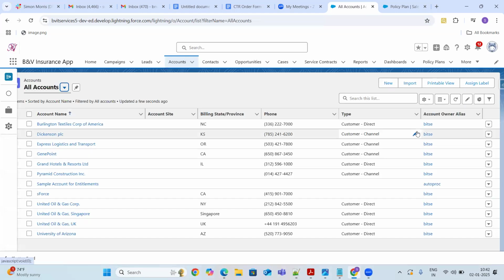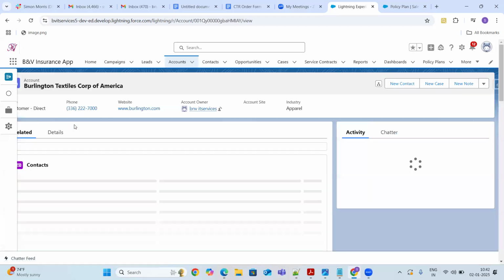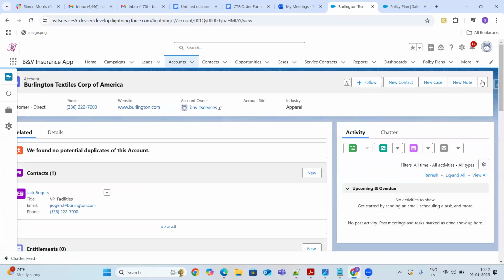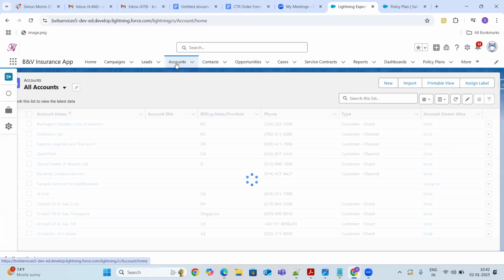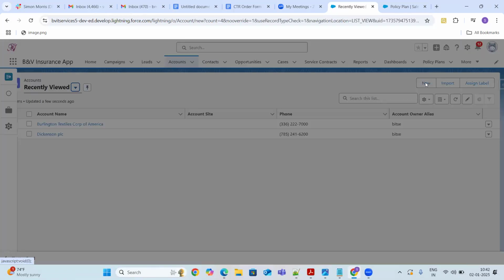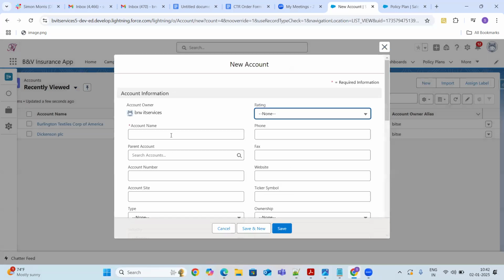Let me just clone this one. There's no way to clone. Click on this account. Let me create some new dummy accounts quickly.